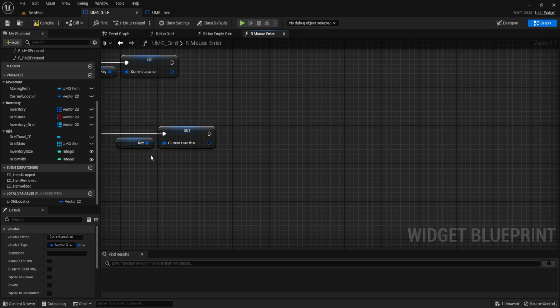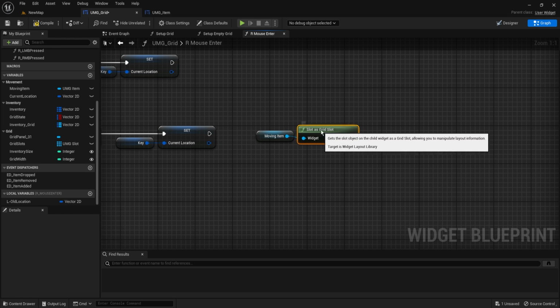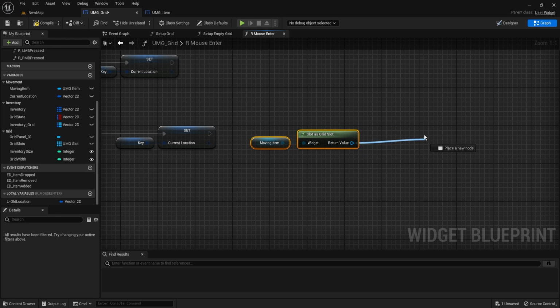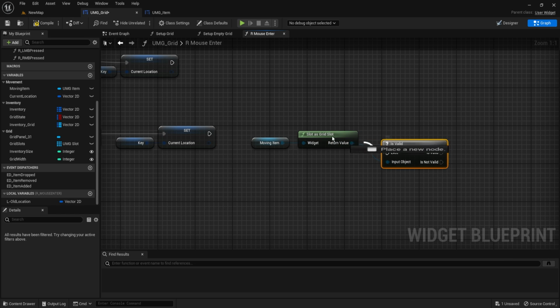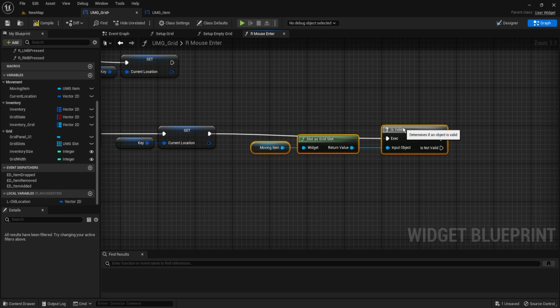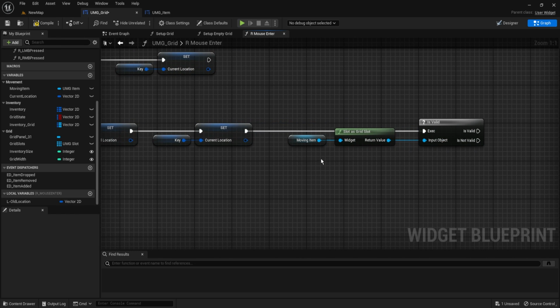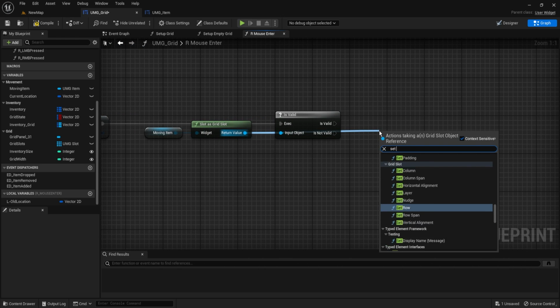So then we'll get our moving item, and we need to cast it as a grid slot here, because this will allow us to tell it to set its location, set its column. But I realized sometimes we need to check if it's valid first, and not just the moving item. We specifically need to check if the grid slot is valid, which I couldn't figure out why, but that's just how it is. So with this, we'll say set column,